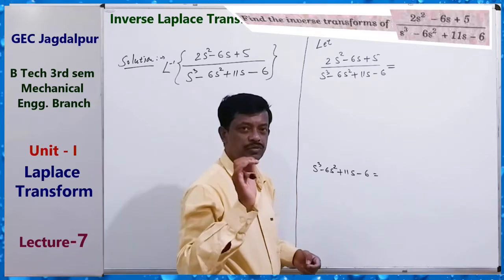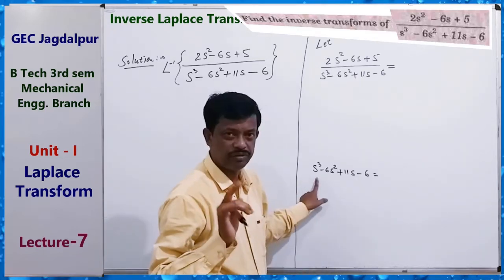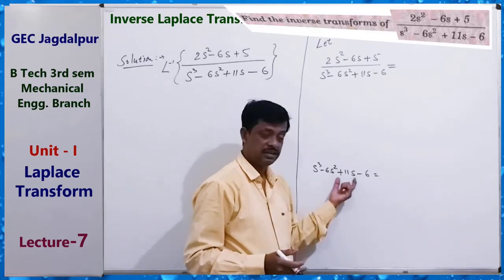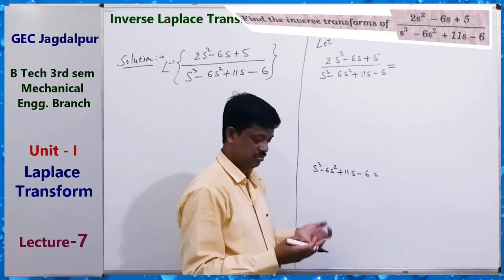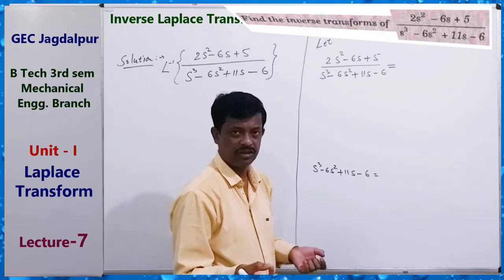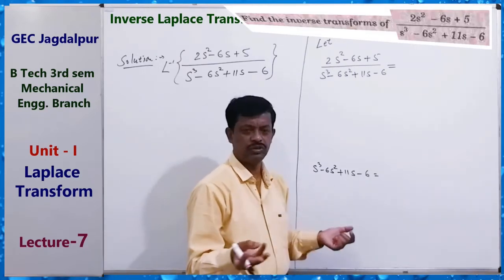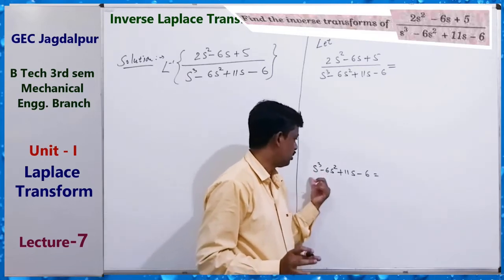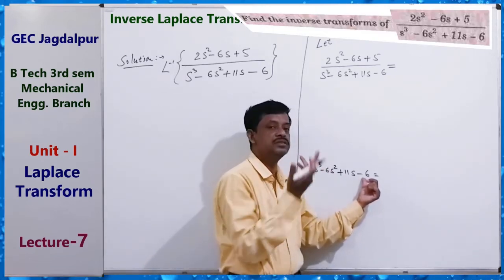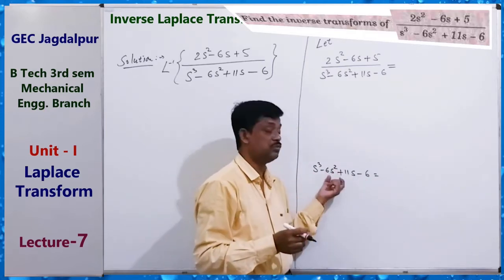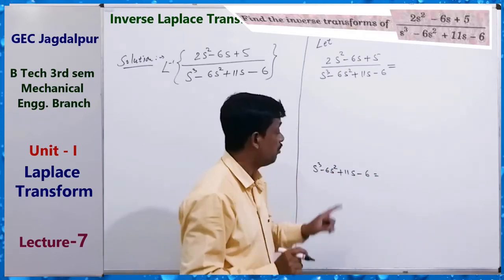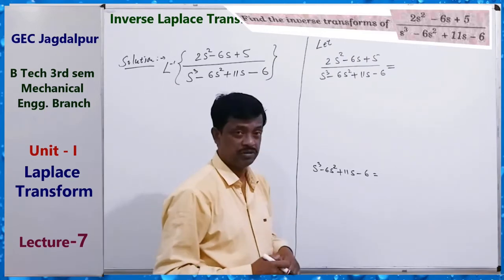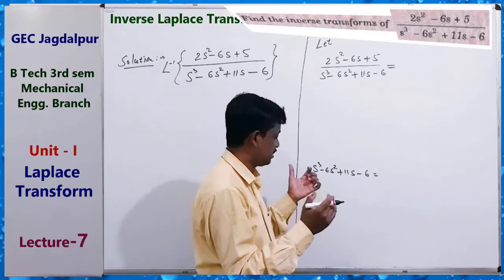So x minus 1 will be a factor. So what is the method for factorizing a third degree polynomial? Guess one value: 0, 1, 2, 3, or minus 1, minus 2, minus 3. Here 1 works, because if we put 1 here, this will give 0. That is, 1 is a zero of this polynomial, so x minus 1 is a factor of this third degree polynomial. So we have to express it as a multiplication of x minus 1.